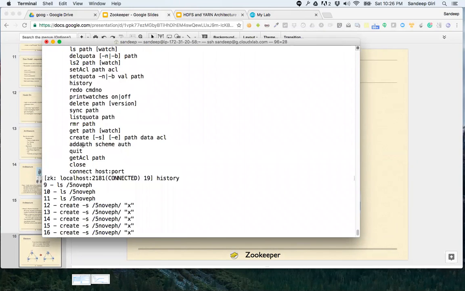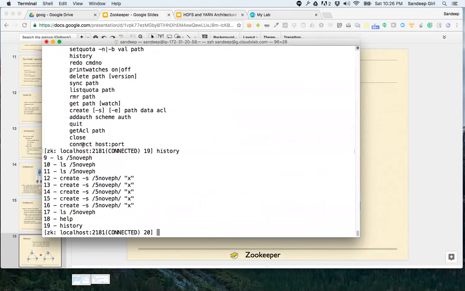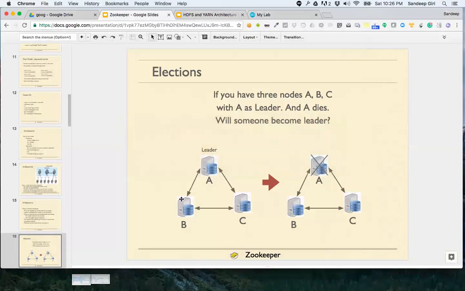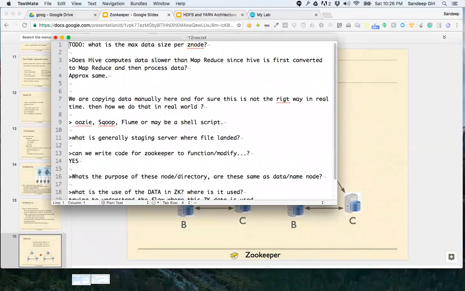There is an admin interface which takes four-character commands.